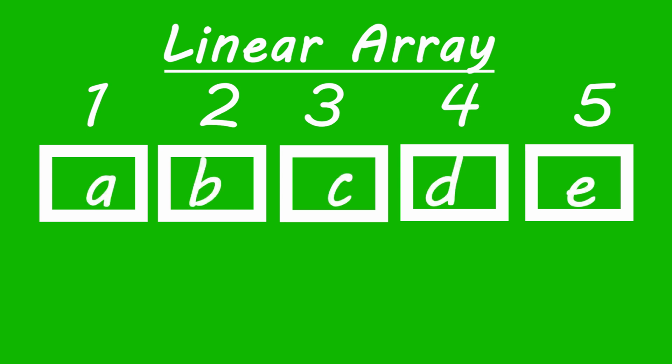Now if this was a sequence, the order that these letters are in would matter. But since this is a linear array, the positions matter, and the value for each position can be changed or removed. In a linear array, it's the sequence of positions that matter, and this gives rise to a very useful concept about sets known as characteristic functions,